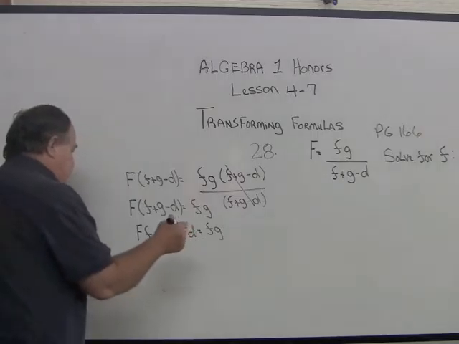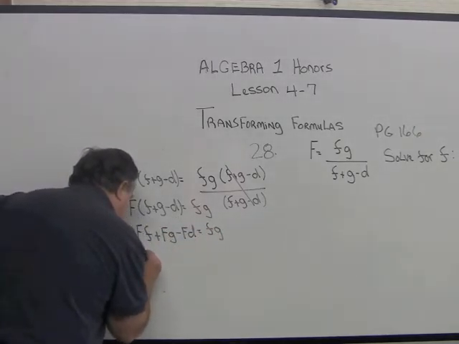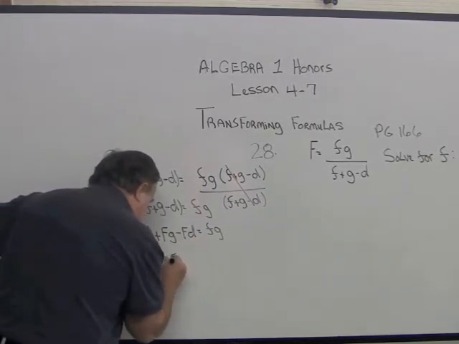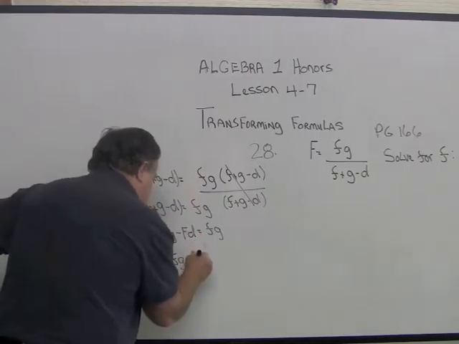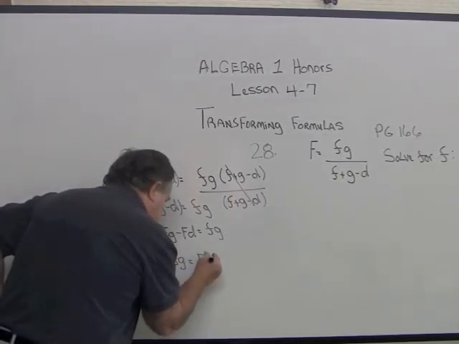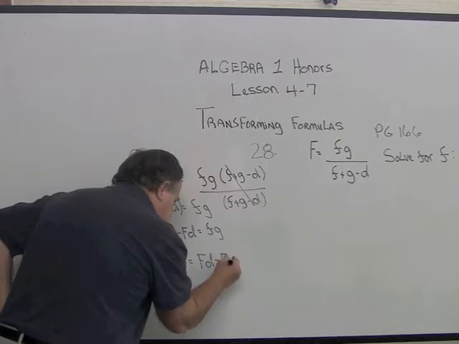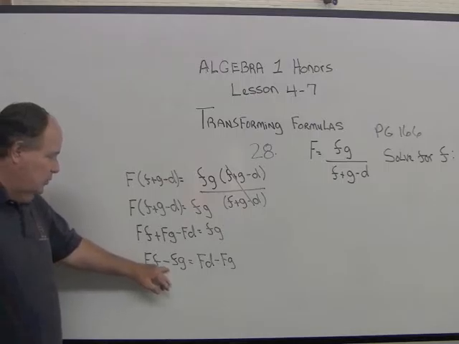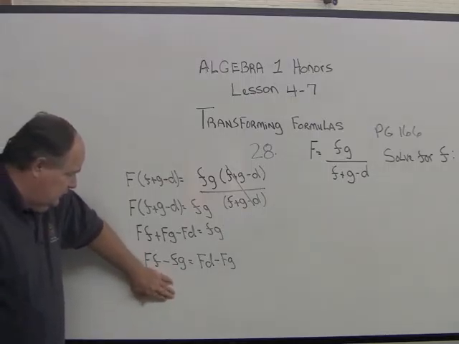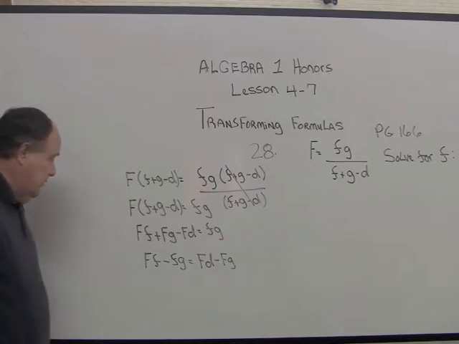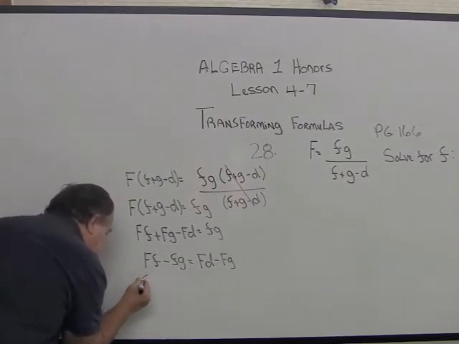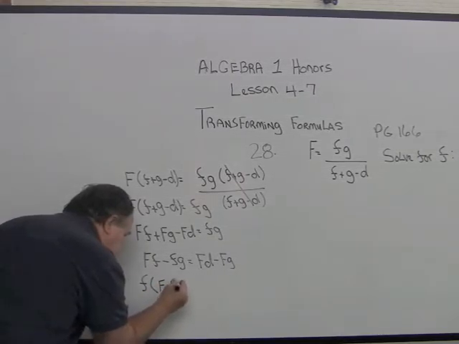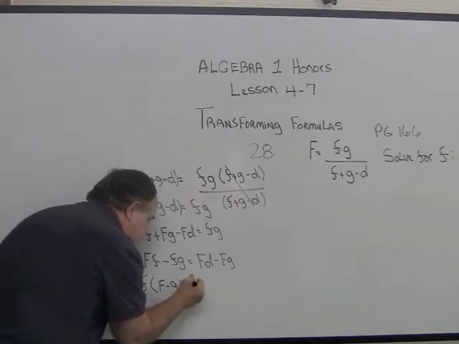All right, so let's look at it. I'm going to bring this guy over here, so I'm going to end up with big F little f minus little fg. Then I'm going to bring these guys over. This is going to be positive Fd minus Fg. Once I get to this part, I have two f's, one in this one and one in this one, all I have to do is factor out one of my f's. I'm going to end up with little f times (big F minus g), equals big FD